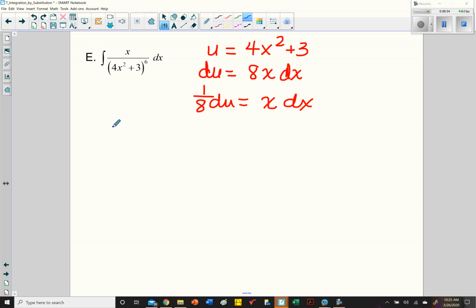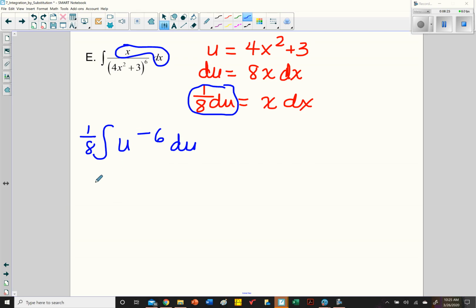Okay, so we're integrating. 1/8 goes out here. The du can stay inside, so I'm replacing 1/8 du with the x dx. And we have a u on the bottom, so the power is -6. Find the antiderivative for u to the -6. Adding 1 makes u to the -5, and dividing by -5, or multiplying by -1/5, plus a constant gives us